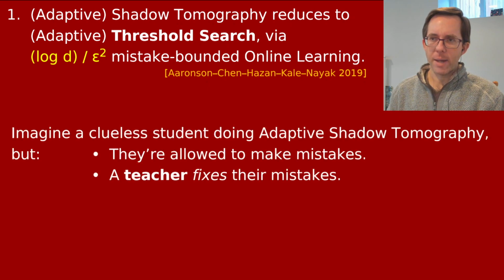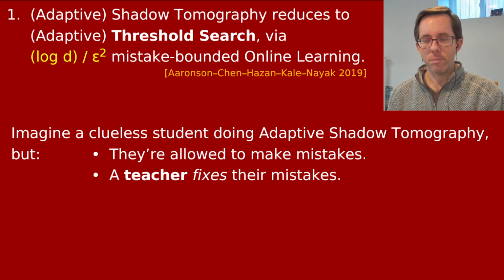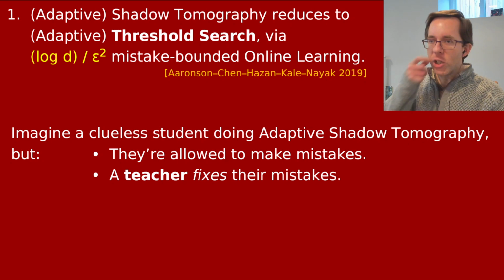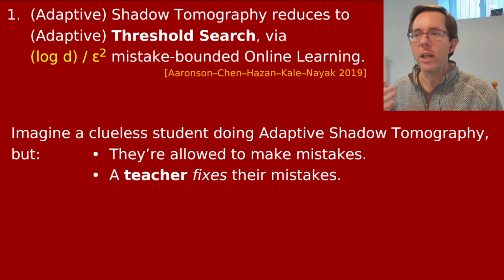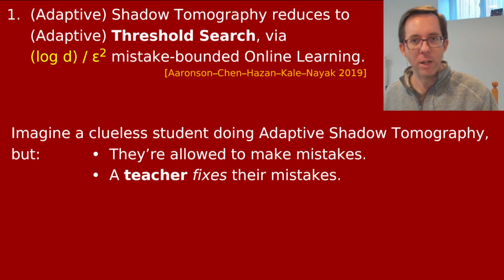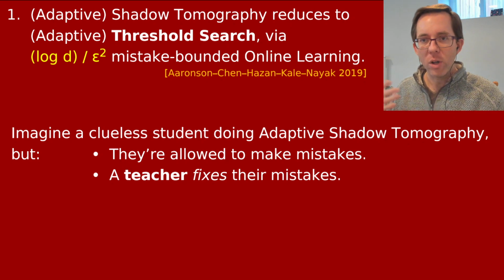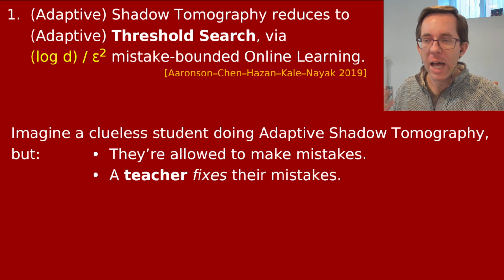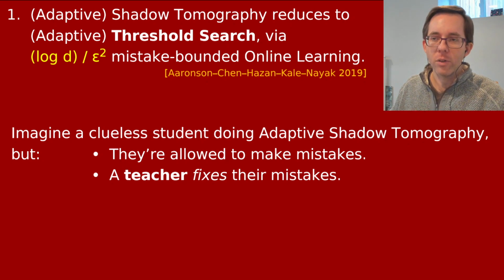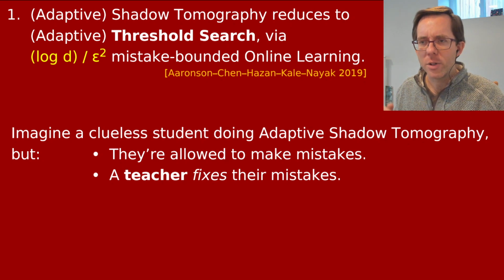So here's what you should imagine. You're wanting to do quantum tomography. You want to learn the probabilities of various A_t under the unknown state rho. But for this, you should imagine you're an absolutely clueless student and you don't know anything at all about the state rho. You don't have access to any copies of rho. You have no information. But there's still this person grilling you, asking you to estimate the trace of rho A_t, like the probability value of A_t under rho.